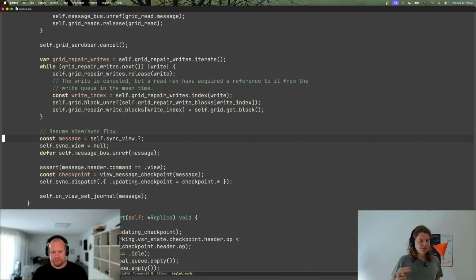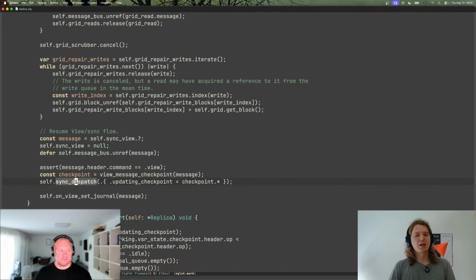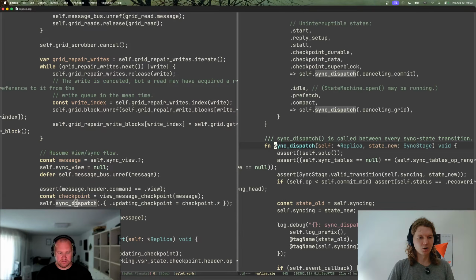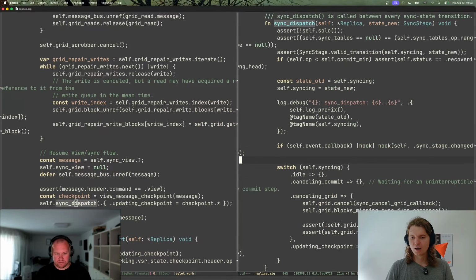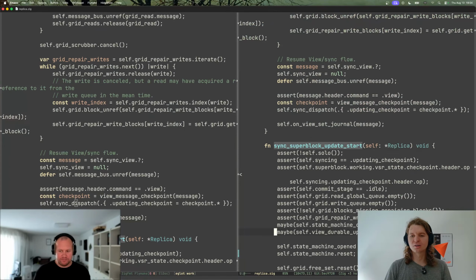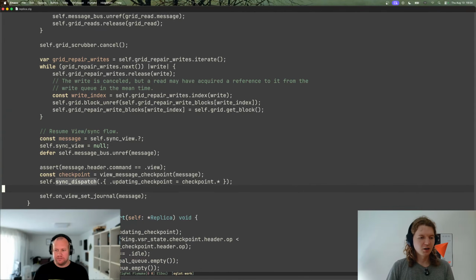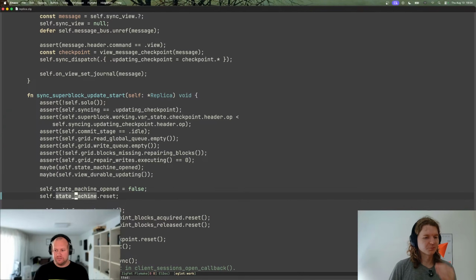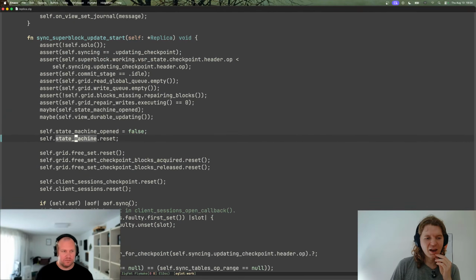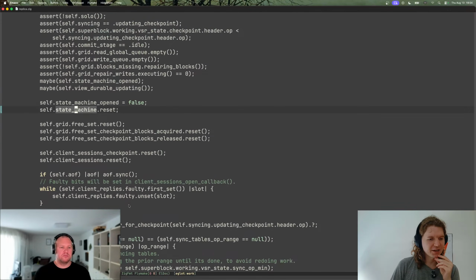So at this point, we do this sync dispatch, and we say, hey, now we want to update the superblock. And we start updating the superblock. And that basically says, hey,